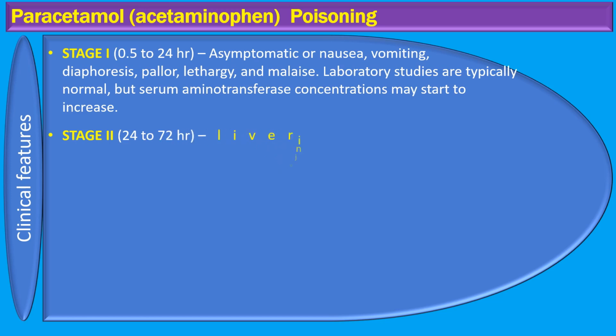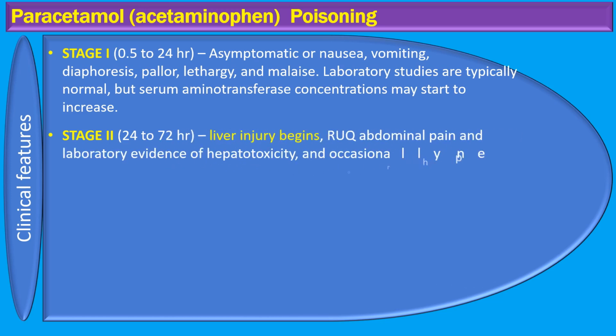In the first stage, occurring within the first 24 hours post-overdose, patients may experience symptoms like nausea, vomiting, and general malaise. Interestingly, some may show no symptoms at all. Typically, lab results won't reveal much at this point. However, in cases of significant overdose, we might observe central nervous system depression and metabolic acidosis, though these are rare and often due to other substances ingested with the acetaminophen.